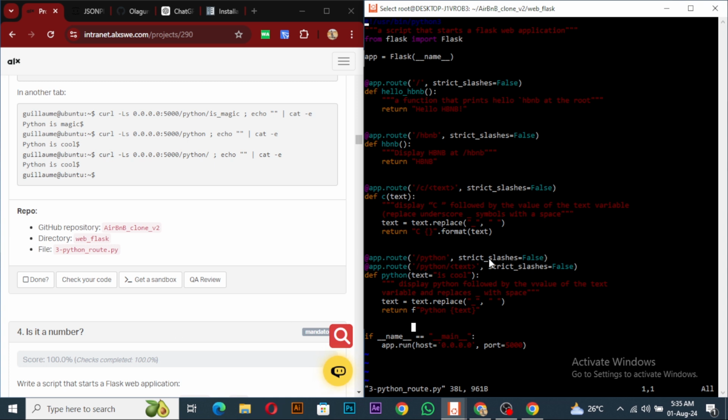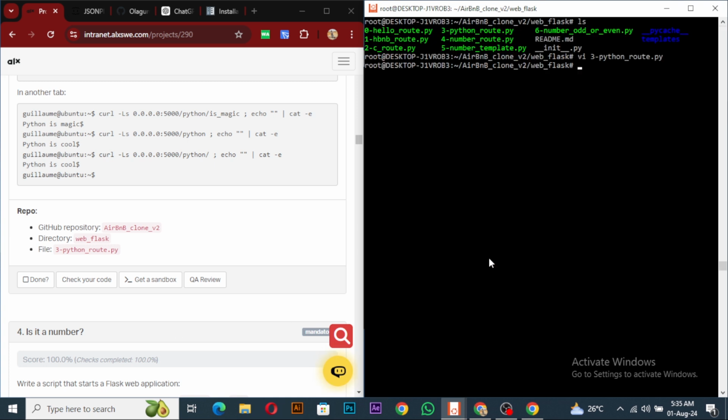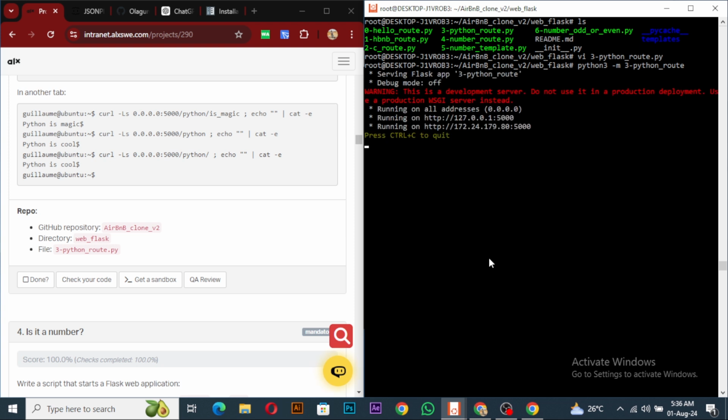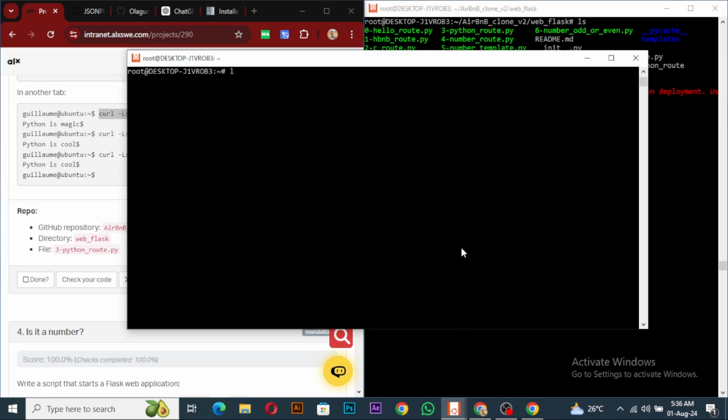Okay, and after that, that will be it, and then we can do python3 -m and then open the server again, and then let's call this. So we're supposed to have